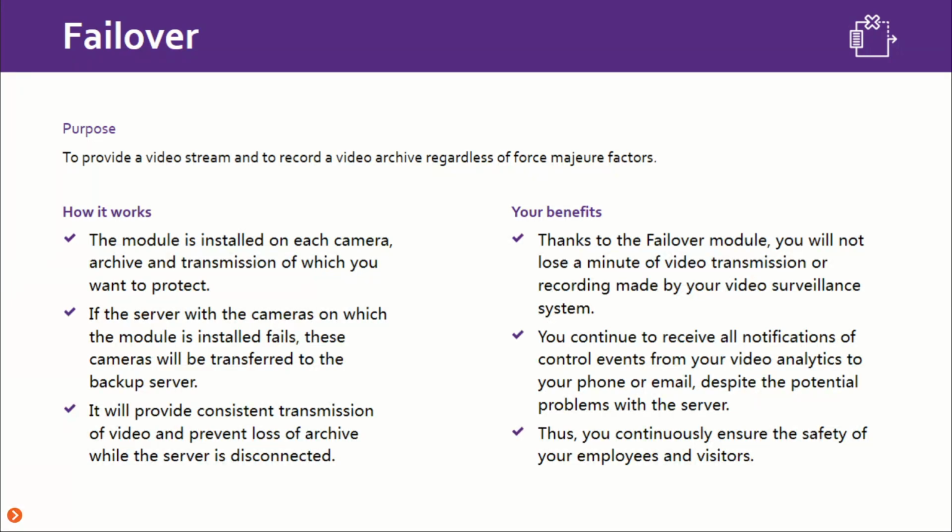With failover, you will be able to access real-time stream as well as archive of the cameras which have been moved from field server to failover. Once the field server is brought up, all the cameras will be moved from failover to the main server or recording server automatically. You don't need to trigger anything. It will be done automatically by the VMS.